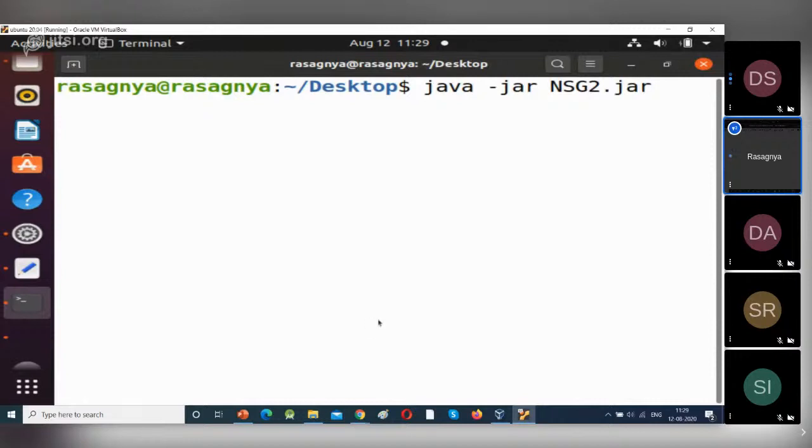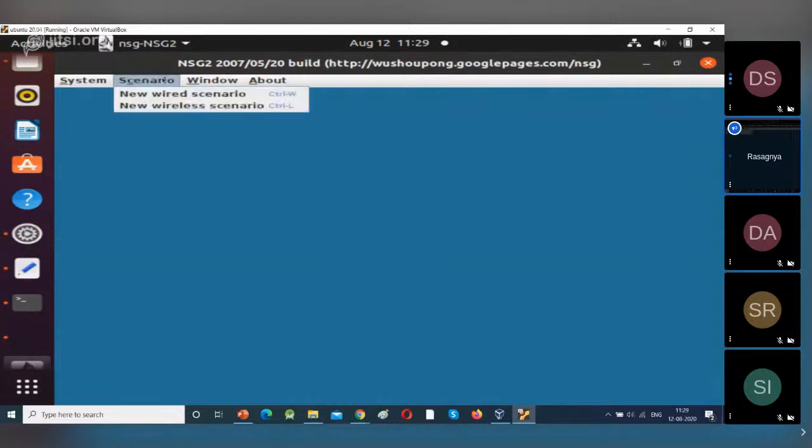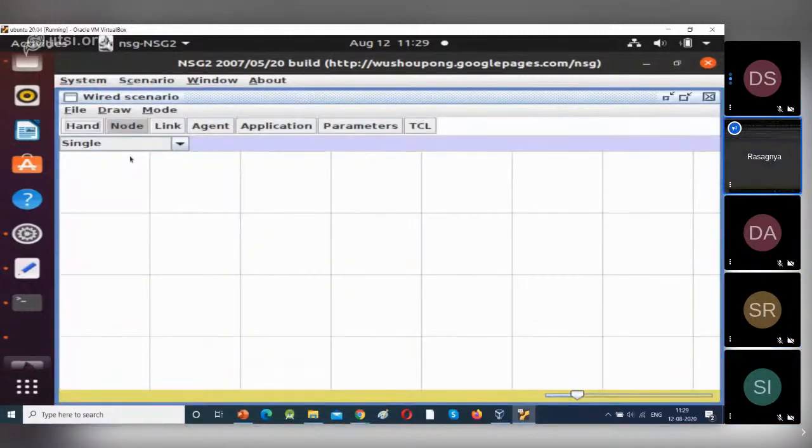Select scenario. In scenario, select new white scenario. Now we will place the nodes in the form of a circle. I am placing 5 nodes. Here 1 node. Now we have placed the nodes.